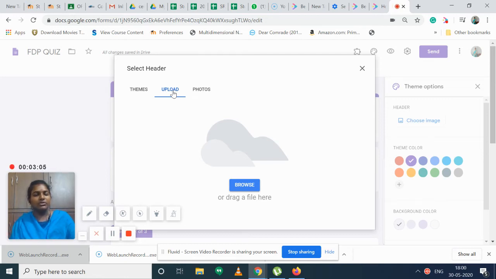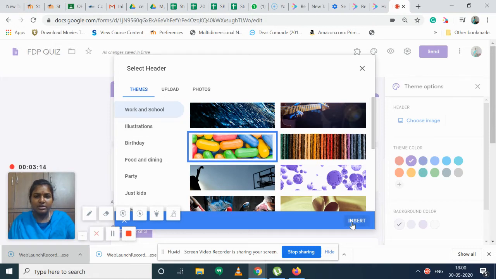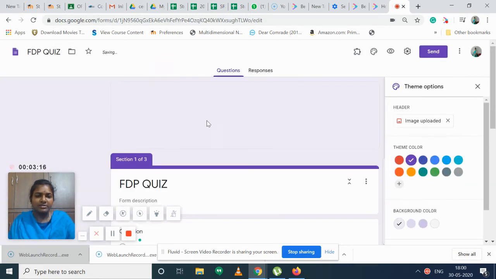For example, if you want to include your college name, you can upload it here. Presently I'm selecting this one. Then you can insert, and that will come as a header.